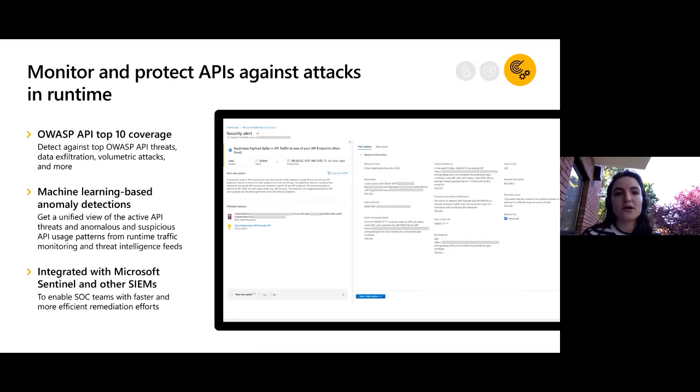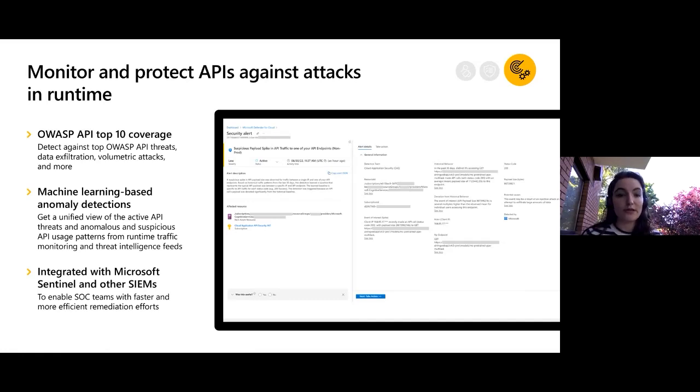In this case, we have OWASP API top 10 coverage. So we would be able to detect OWASP API top 10 threats. You can see an example of it there on the screen: suspicious payload spike in API traffic to one of your API endpoints. We have basically two types of detections, machine learning based detections, and rule-based detections as well.